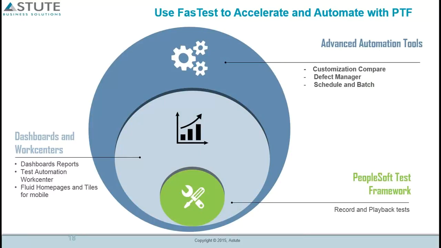Dashboards and work centers do two main things. One, the dashboard gives you a snapshot of what's happening with your test environment at any given point in time. Test metrics, defect metrics, and so on. Test results, one-click access to various test reports so that you don't have to go look for information, build your own queries or things like that.